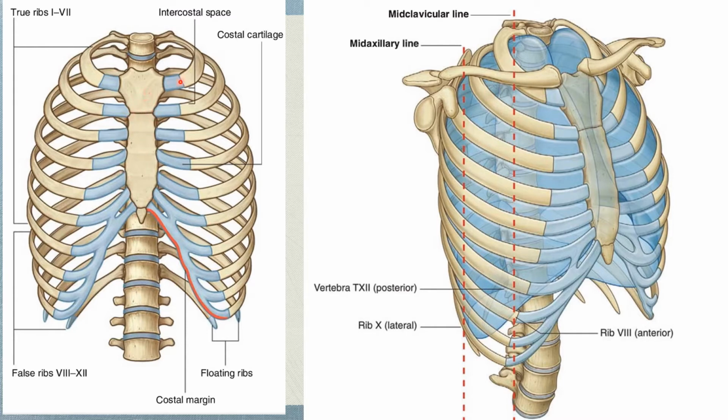You can see that this is the first rib, which is articulating anteriorly with the manubrium and posteriorly with the first thoracic vertebra. This is the second rib, which is articulating with the sternum at the level of manubriosternal joint, which is externally called the angle of Lewis. This is the third rib, likewise this is the fourth and so on.